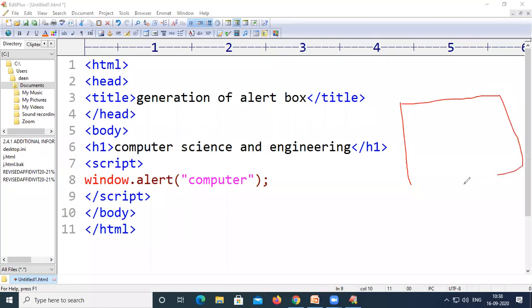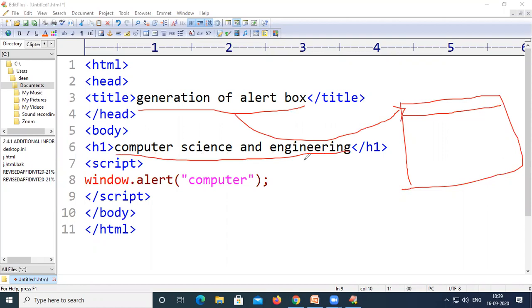So this is the program where the output will be a web page, right? Let us assume it is the title bar of the web page. So the title bar of that web page will contain this title, generation of alert boxes, and then inside the web page we have the text computer science and engineering with H1.